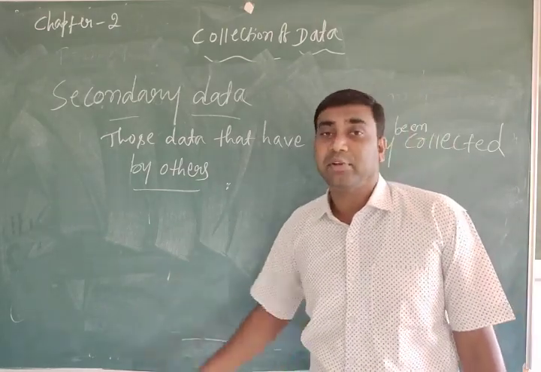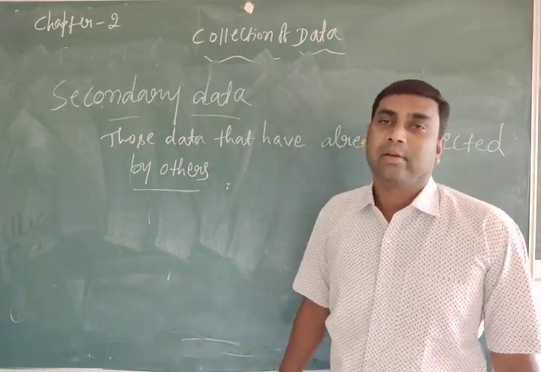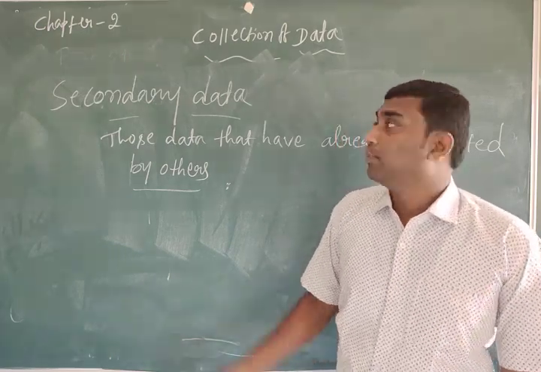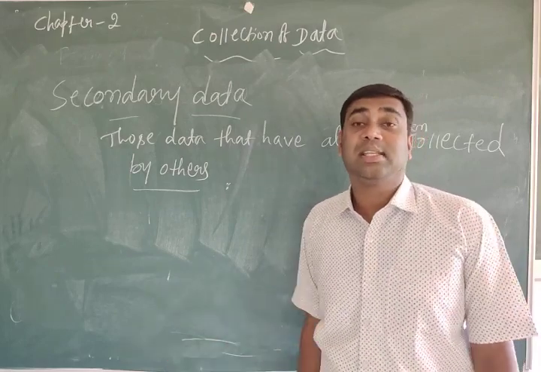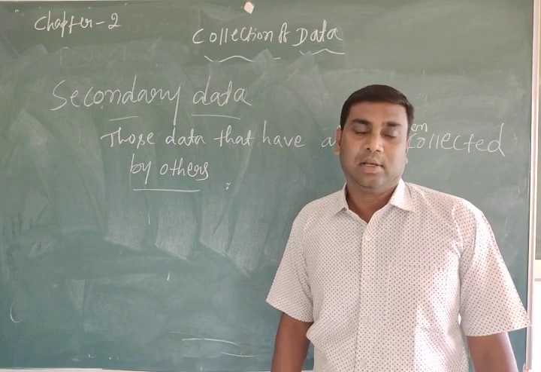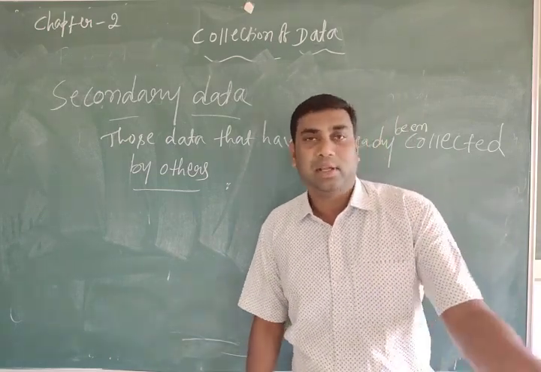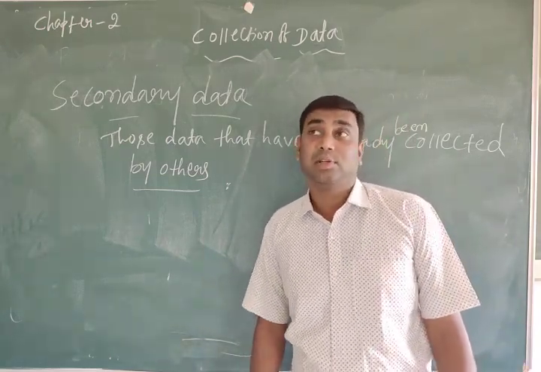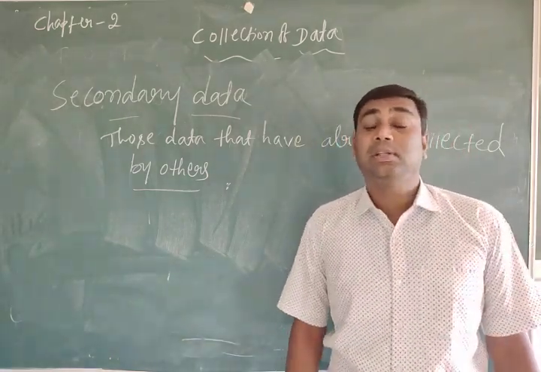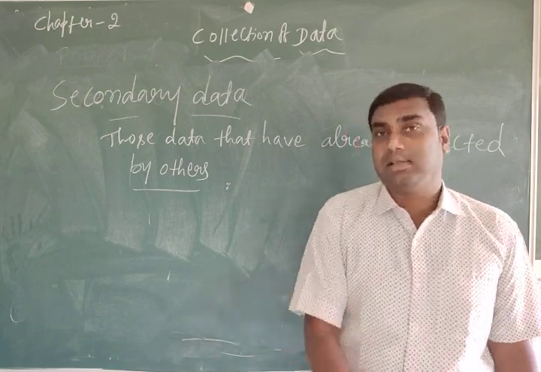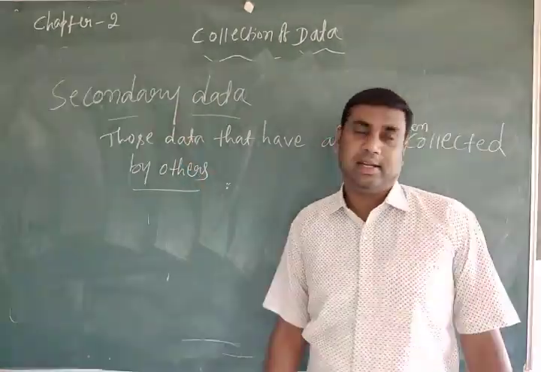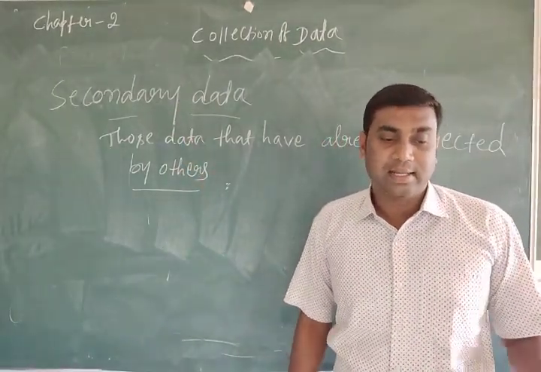We are collecting information from others. Okay, we are not visiting there to collect information. It is not first hand information. Primary data is the first hand information. So this is second hand data. Second hand data means we have to collect information from others. Suppose on the way some problem happened, and we are coming late. To know what happened, we have to ask others. So when we are collecting information from others, that is called secondary data.